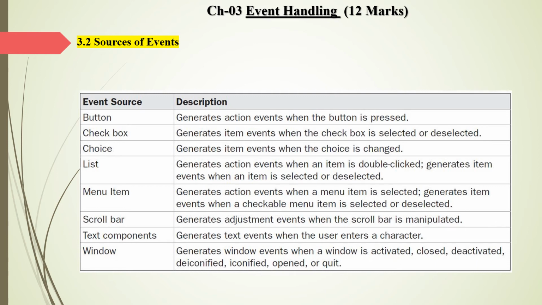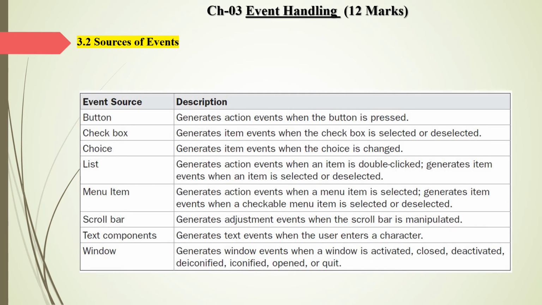List generates action event when an item is double clicked. Second, it generates item event when an item is selected or deselected. So remember this. Next one, menu item. Menu item generates action event when a menu item is selected. It generates item event when a checkable menu item is selected or deselected.